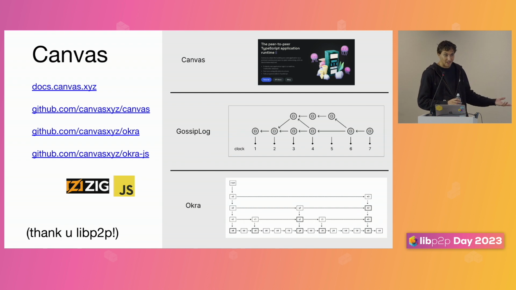And then on the very top, the ultimate goal of the startup, but not the subject of this talk, is Canvas, which uses all of this to create a framework for writing automatically decentralized peer-to-peer applications using JavaScript contracts in just a couple hundred lines of code.